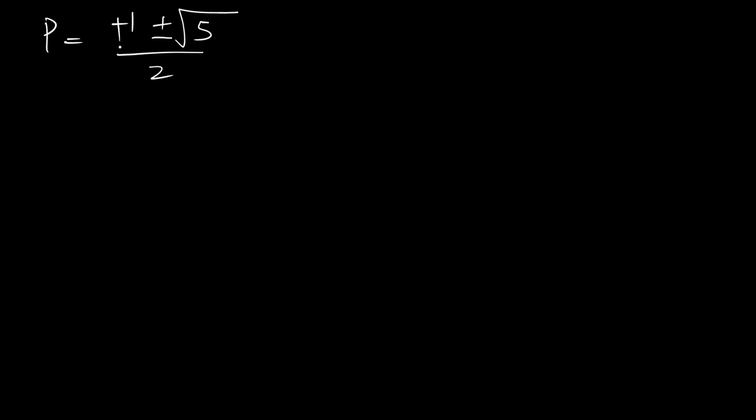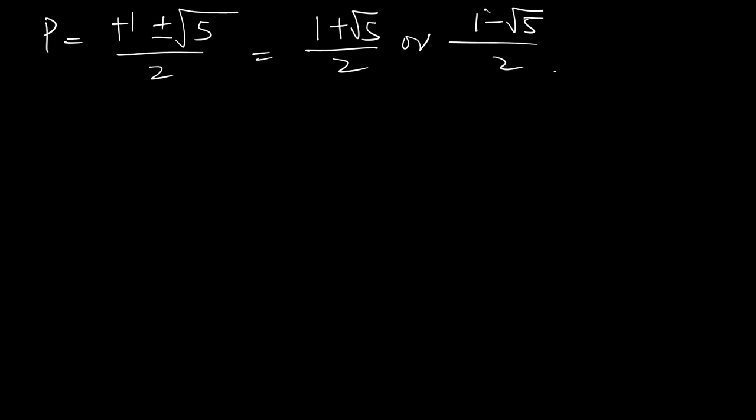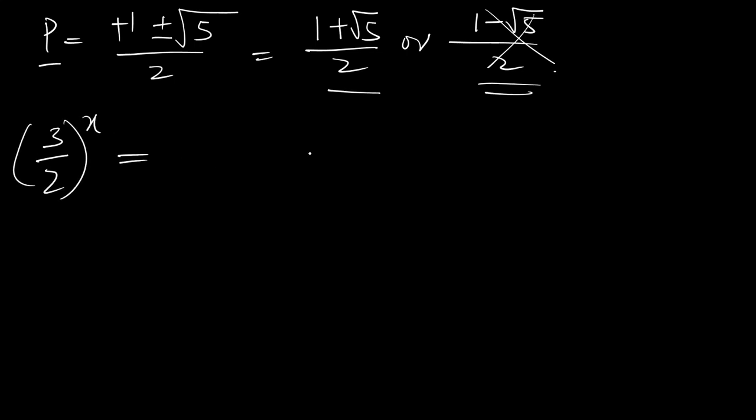So now we know our p to be equal to 1 plus square root of 5 all over 2, or 1 minus the square root of 5 all over 2. But this will give you a negative value, so this will not work. So this is the only one that will work, and we know we have assumed p to be 3 all over 2 all to the power x, so this will be equal to 1 plus the square root of 5